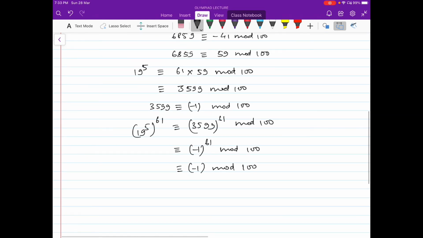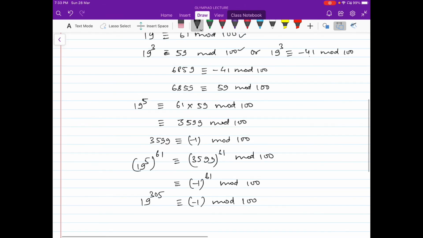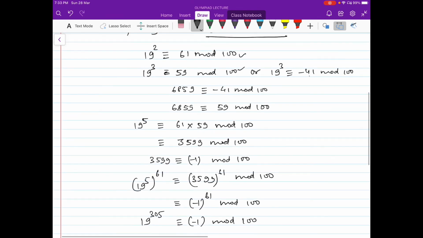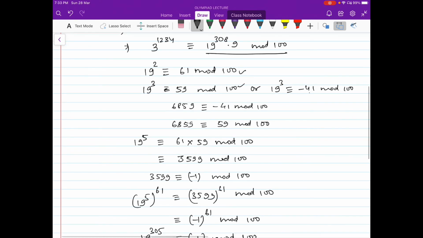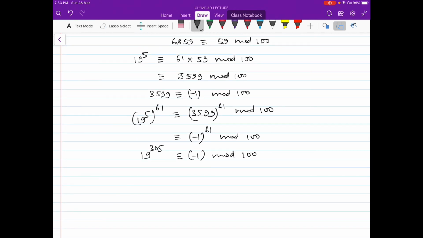Now here on the right hand side you will have 19 to the power 305, but we required 19 to the power 308 into 9. So what we will do here, we will multiply 19 cube on both sides. So when you multiply 19 cube on both sides, you will have 19 to the power 308 is congruent to minus 19 cube mod 100,